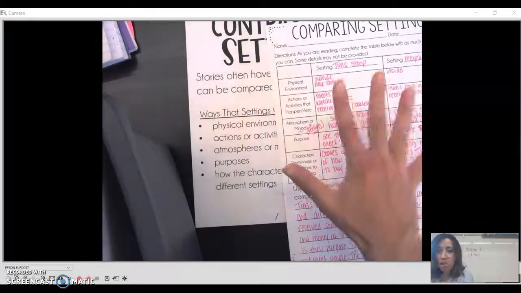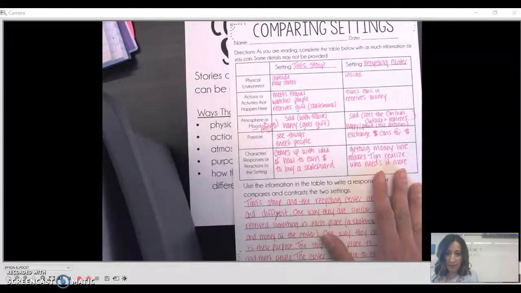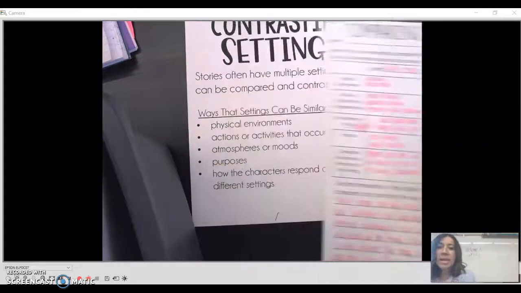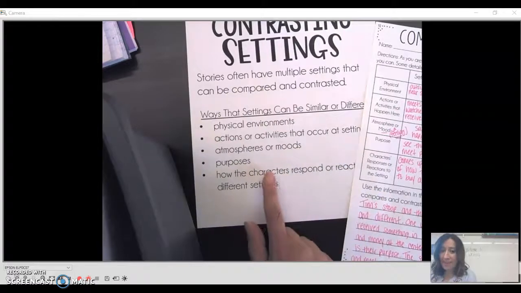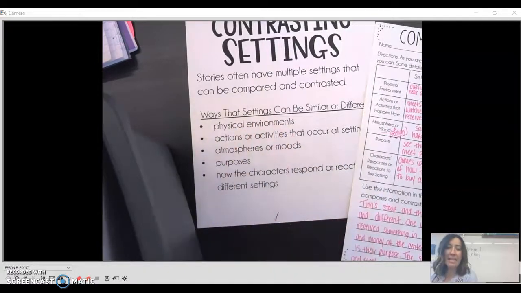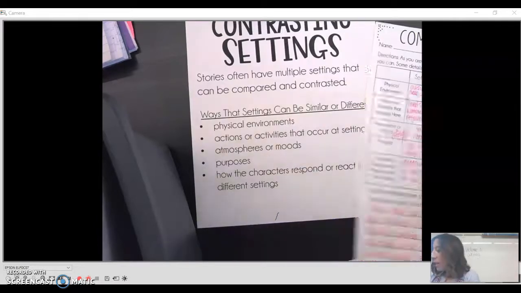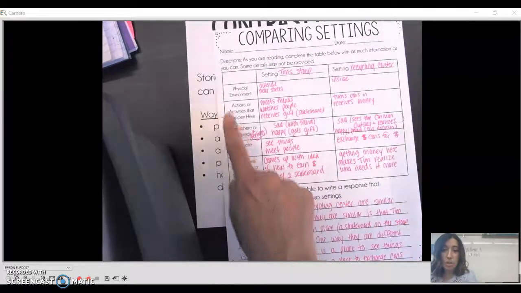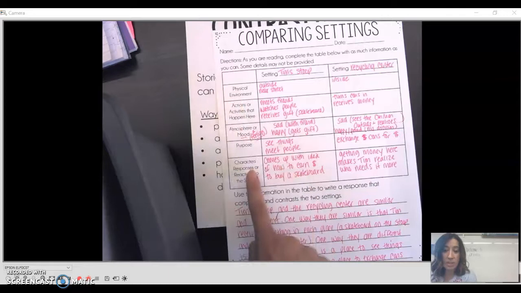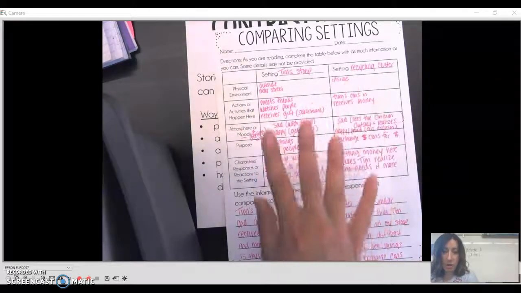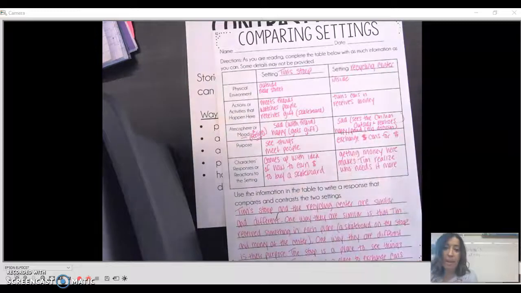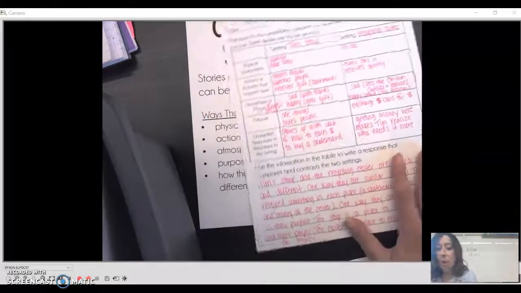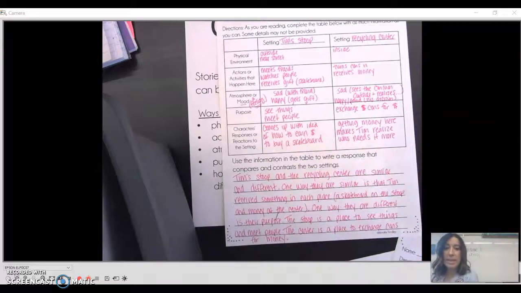This page you do not have, but you can pause this video and use it to help you. This page you don't have as well, but all of these are listed today in our reading folder. So if you look for them in Schoology, you're going to find them. But today what I want you to do is exactly what I did. Choose 2 settings from your story. Choose 3 of these to compare and contrast. Create a chart on a piece of paper where you list out how they are alike and how they're different. And then I want you to use this model to help you as you write a response that compares and